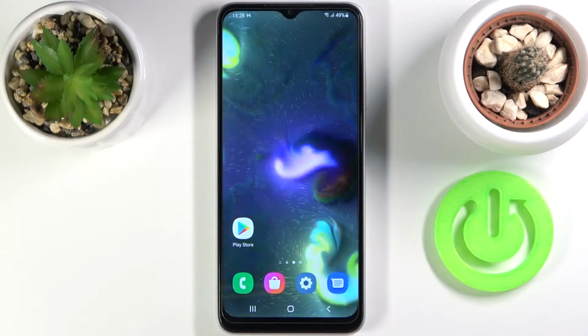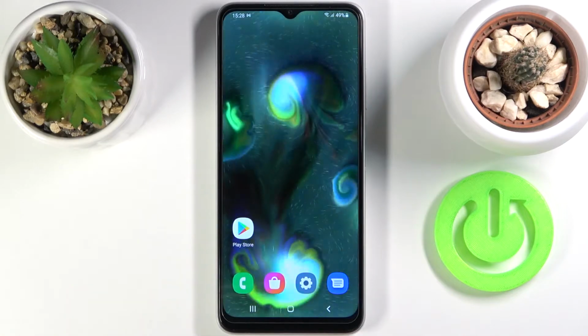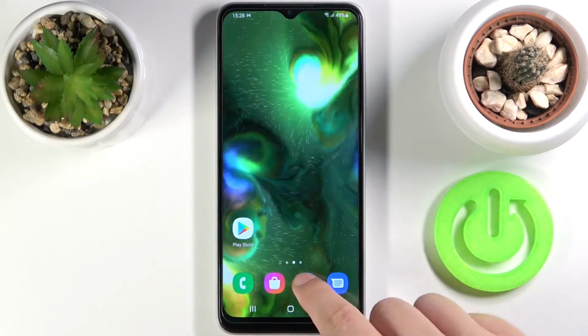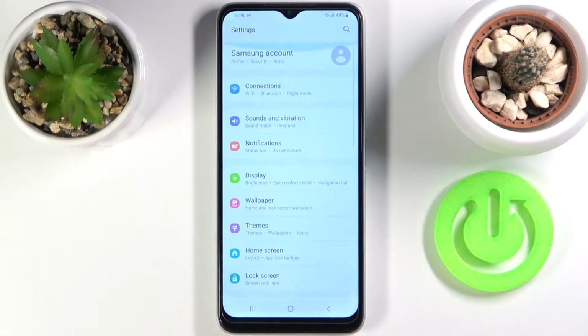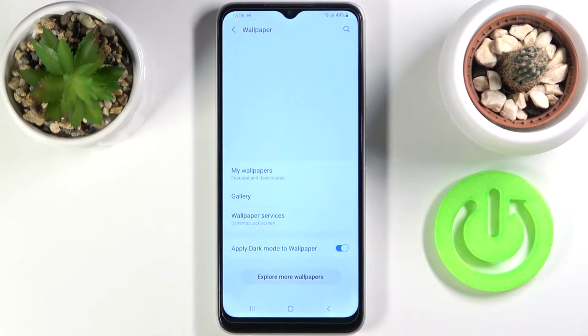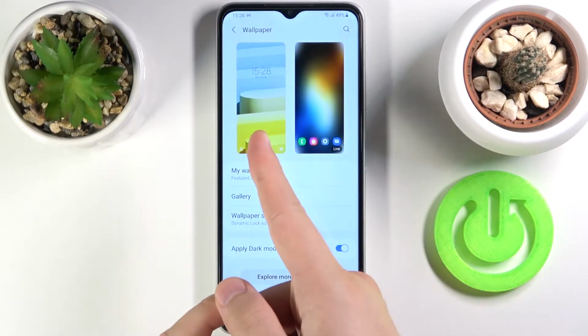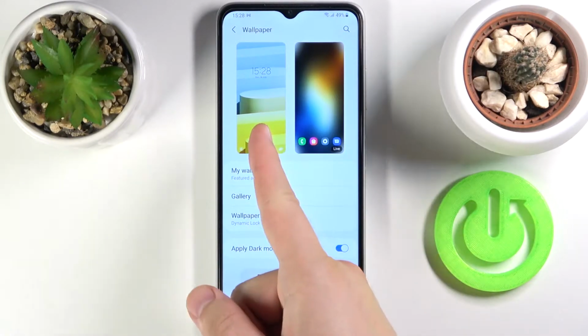Welcome. In front of me I have a Samsung Galaxy F12, and today I will show you how you can change your lock screen wallpaper. At first, you have to go to the settings and then find wallpaper. When we are here, we get our lock screen and the home screen, so we are going to change this